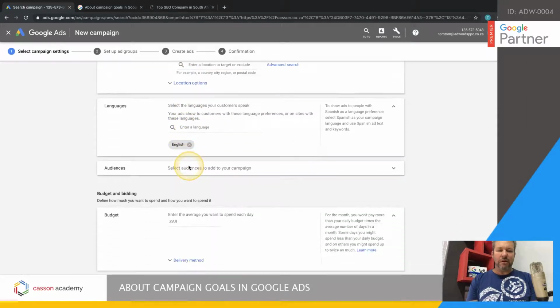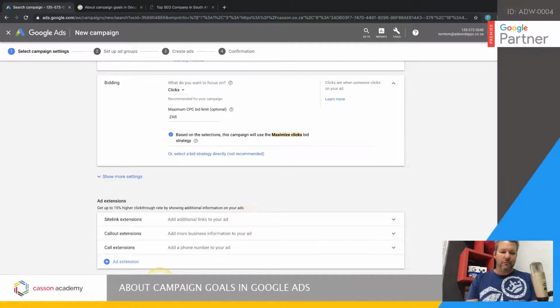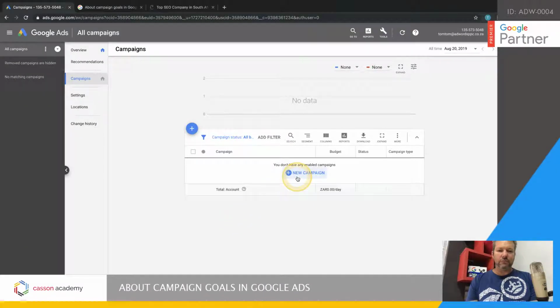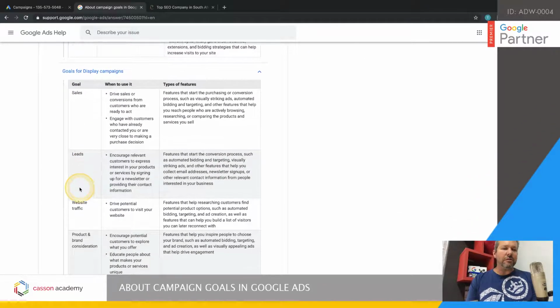Very similar as before. Again, maximize clicks is the option that it's going to try and get for you, and that will be maximize conversions if conversions are set up for this account. So it's getting you as much relevant traffic as possible. Let's cancel here. So those are all your search campaign objectives or goals, and now we're going to move on to your display